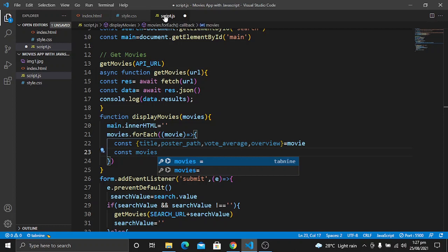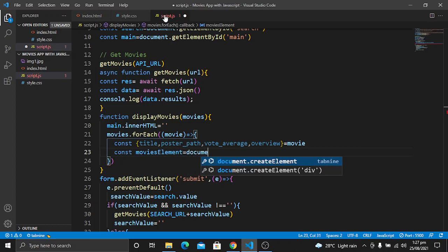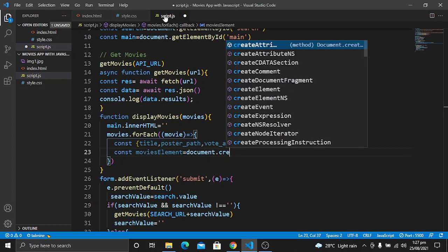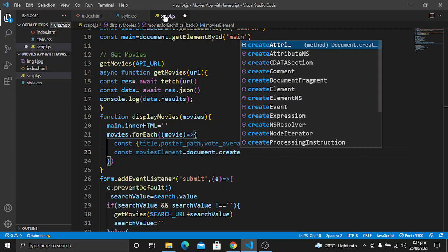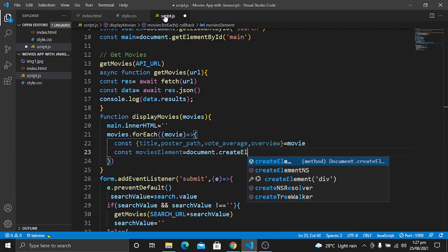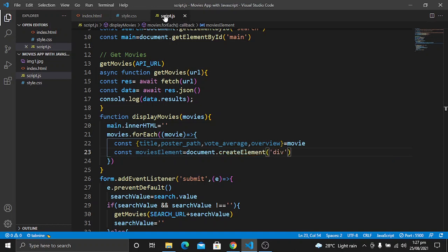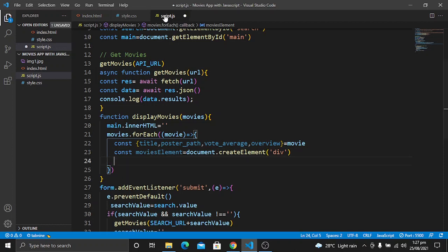First of all, create a variable with the name movieElement, and then we will use document.createElement, and the element that we want to create will be the div. So let's save it, and this div will have some class name.